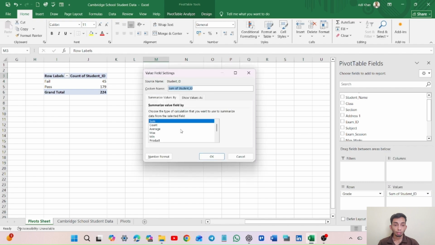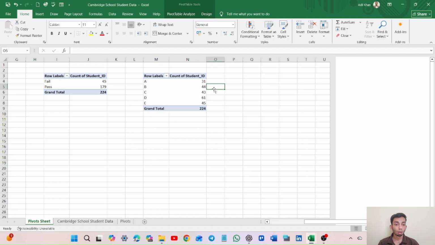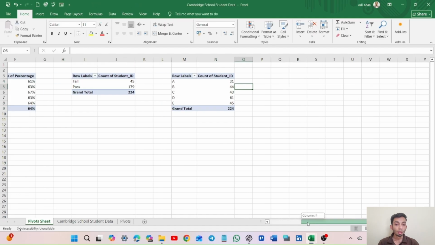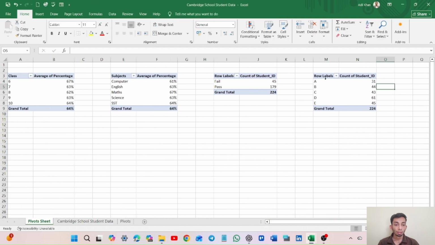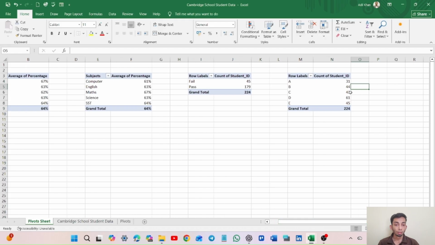So now we get the pivot for our grades according to count of student ID. A has got 31, which means 31 students in our school got grade A and 44 got grade B. And here also in the previous pivot, the grand total was 224, and in this pivot also it is 224,